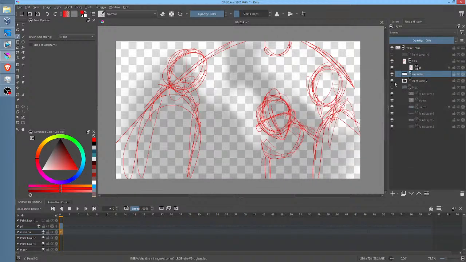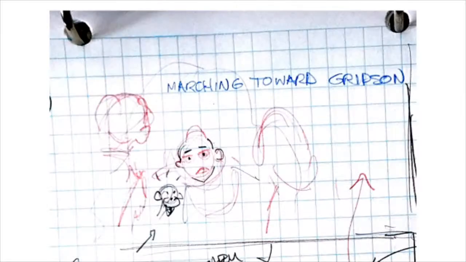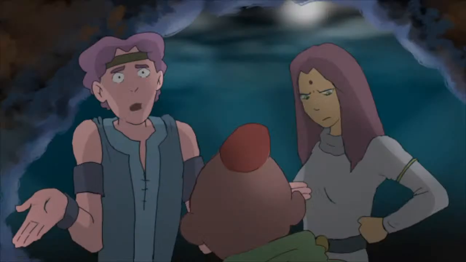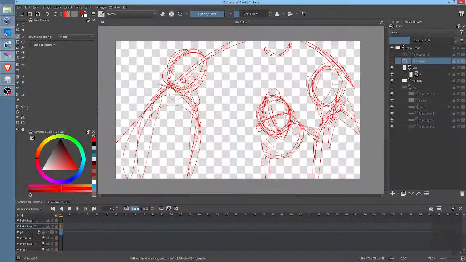So let me see. This paint layer right here actually belongs up top and should be turned off. So these are just color correction bits from the original shot that this is derived from, because this is actually a repurposing of this shot. So we had a couple shots earlier that used this basic layout, and so we're going to reuse it. Okay? That's what we're doing, people.